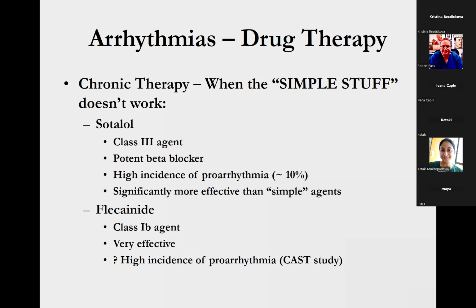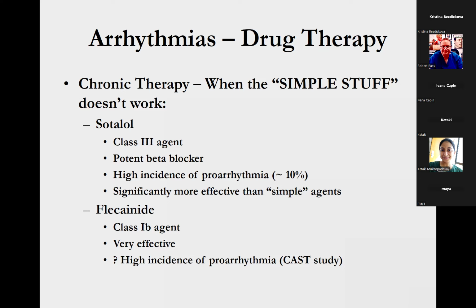But what has come out over time is that in the absence of coronary disease, of course, it's a very effective agent. We often will use it in very difficult to treat automatic arrhythmias, such as very challenging ectopic atrial tachycardias. As a general rule, we are a little frightened of the agent because for children, it has to be compounded. And there's a very narrow therapeutic index for the use of flecainide. And unfortunately, I've seen overdoses even when the medication has been dosed and prepared by a hospital pediatric pharmacist. So one needs to be careful with it, but it has certainly saved the lives of many patients.